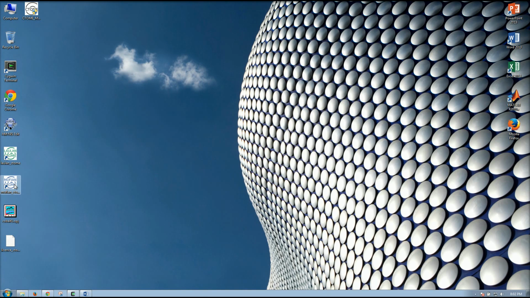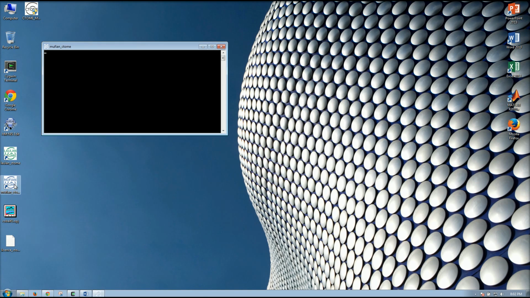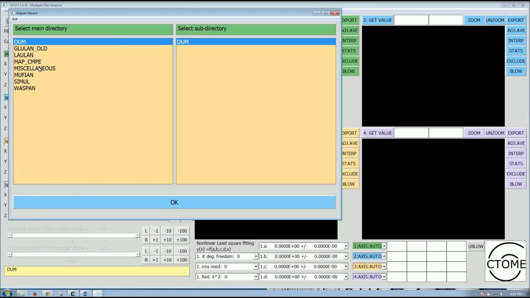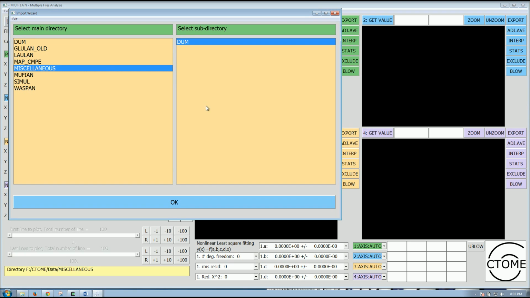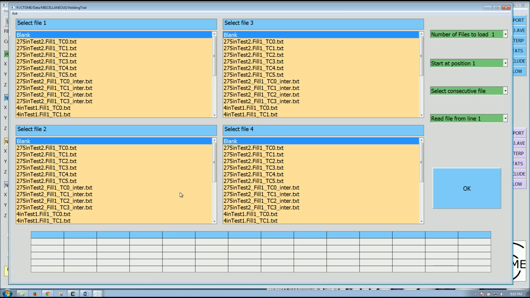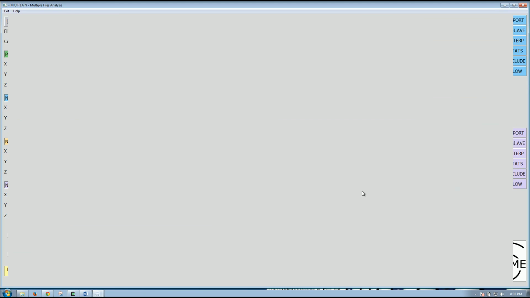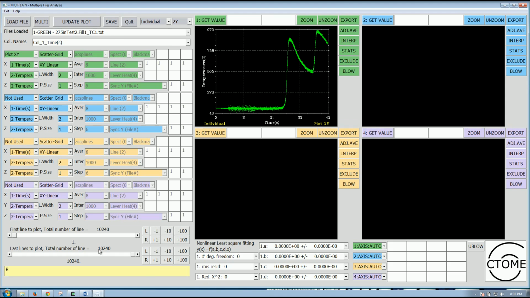So moving on with these other videos dealing a little bit more with some of the different functions that we have available in this module. This time let's load a data set which is a little noisy. In this folder I have a set of data which have been measured, so it's just time versus temperature. But the number of points in this file is 10,240, and as you see here there is a fair amount of noise all around